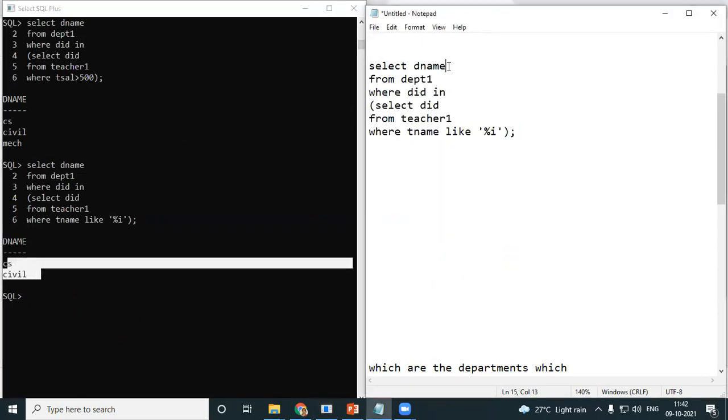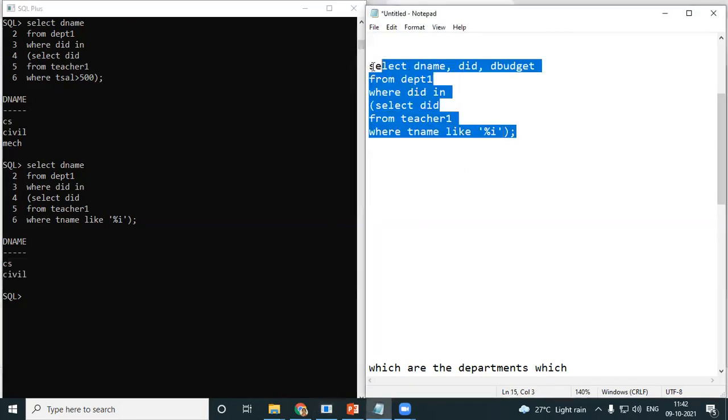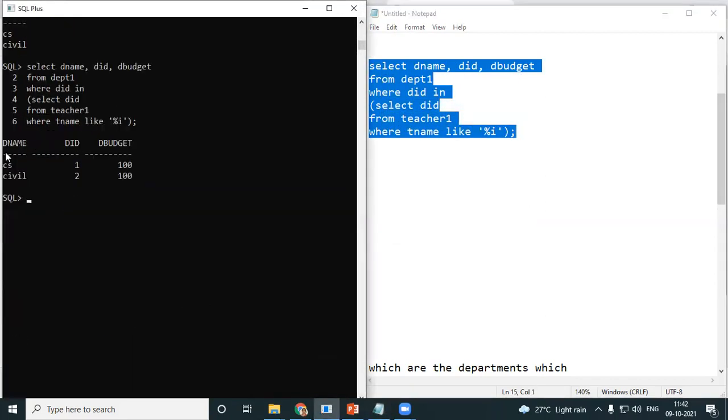I can make this a multiple column query. I give comma DID, comma D budget. Okay, the moment I write comma over here, it now becomes a multiple row, multiple column. I'll just copy this, paste it this side. Multiple row, multiple column.